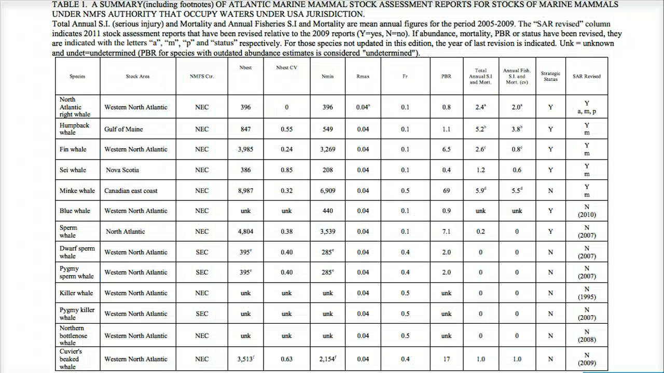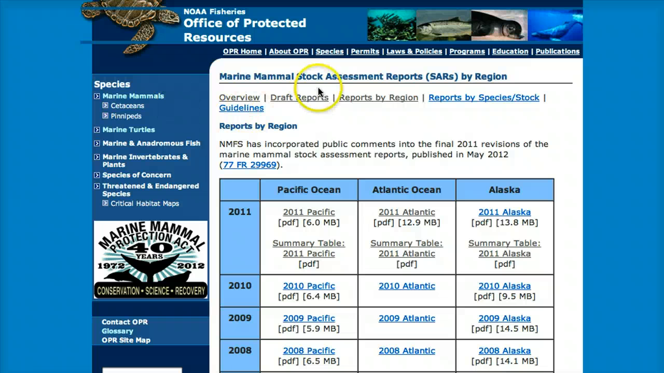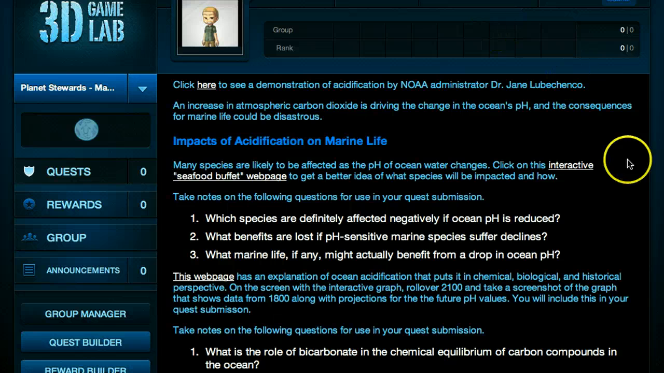And we also take them to stock assessment reports and allow them to learn what it is that a stock assessment report does and why it's important. Let's go on and look at another quest. This quest is about